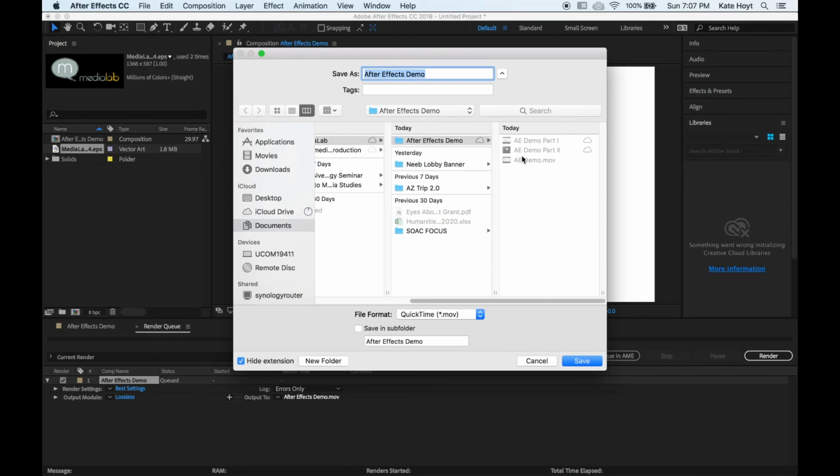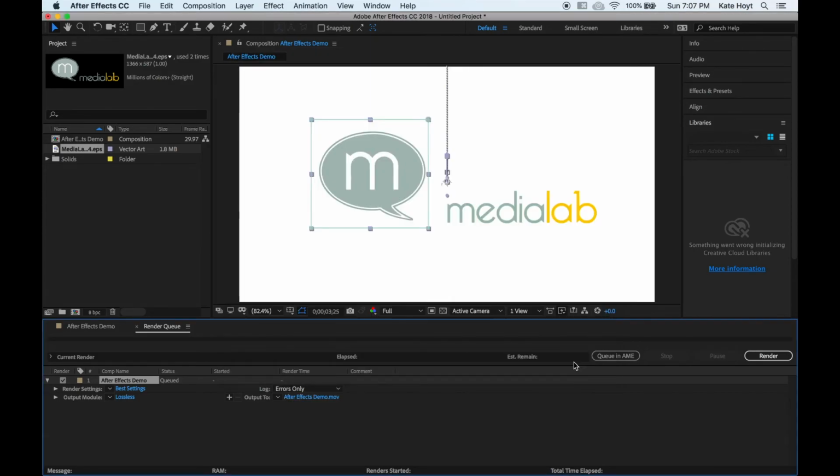They can't find it, especially because a lot of people have trouble searching on their computer. So make sure you do click this and select a place that you know you can find later for this to save to or export to. And I'll hit save. And then the other thing is, again, you can create different render settings